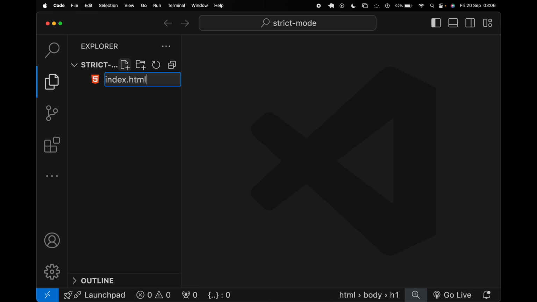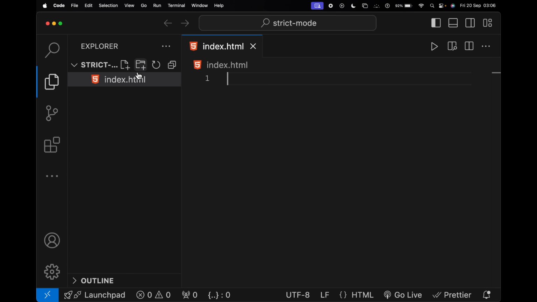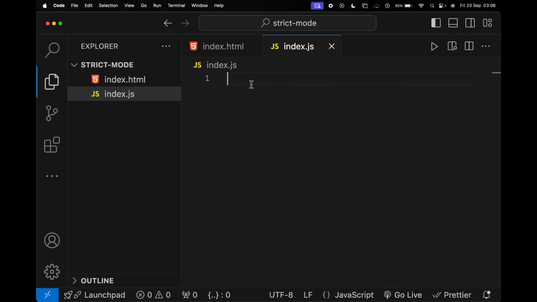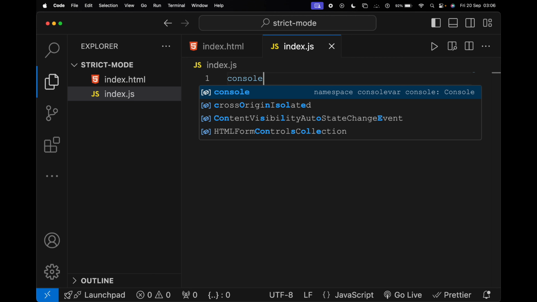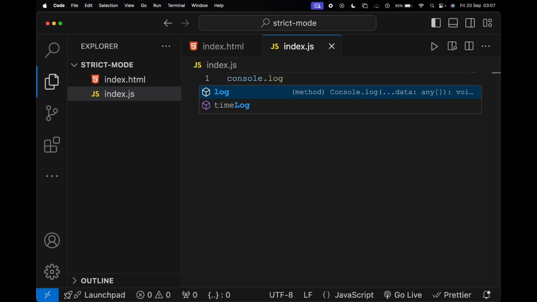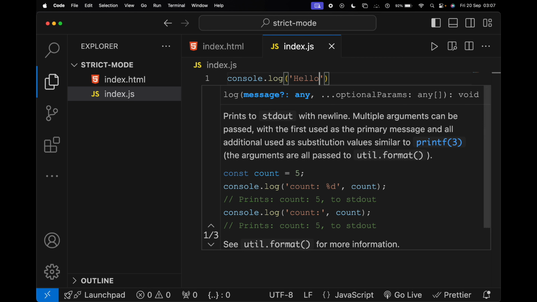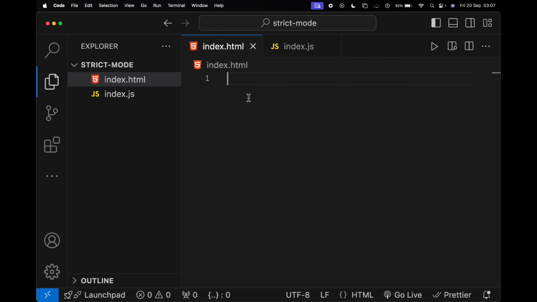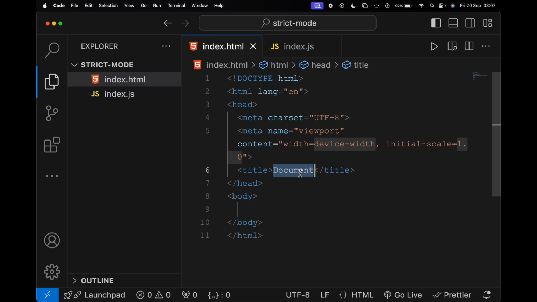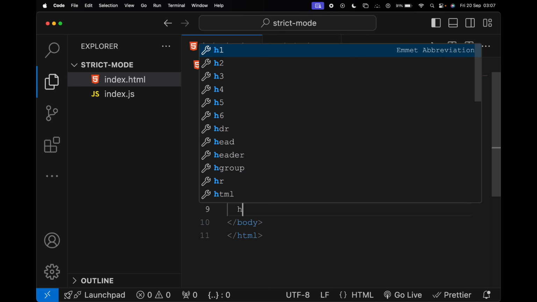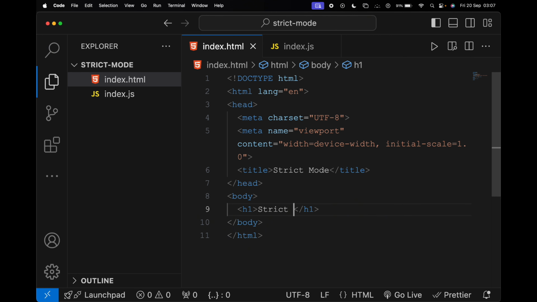index.html, and this is going to contain some basic HTML that will also help us connect our JavaScript file. Then I'll go ahead and create a JavaScript file, and I can put in some basic JavaScript code like console.log hello to make sure that our connection was done correctly. Then in my HTML, I will put in some basic code. I can just have an h1 here, strict mode, as this is going to be our focus, and then